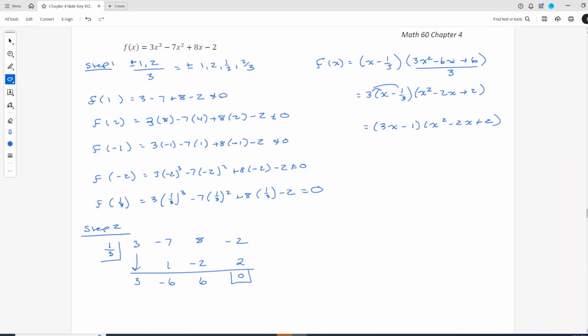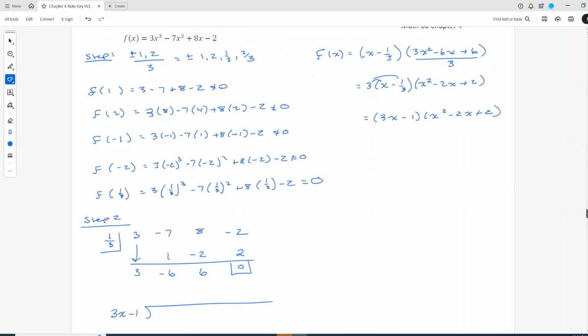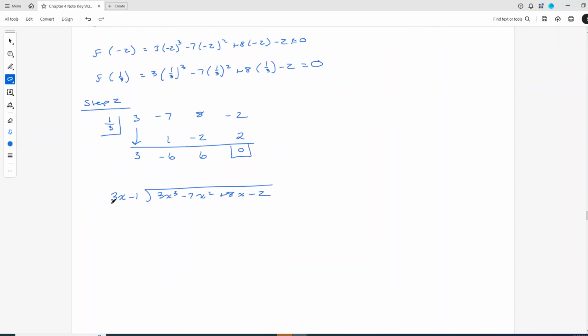If you had done long division, now I don't know how long you want this video to be, but if you had done long division, you would have actually used the factor, right? You would have used 3x minus 1 to go into the entire function, which I don't remember what it was, but 3x cubed minus 7x squared plus 8x minus 2. And maybe this is like a nice little review, right? So if I did long division, first term divided by first term,